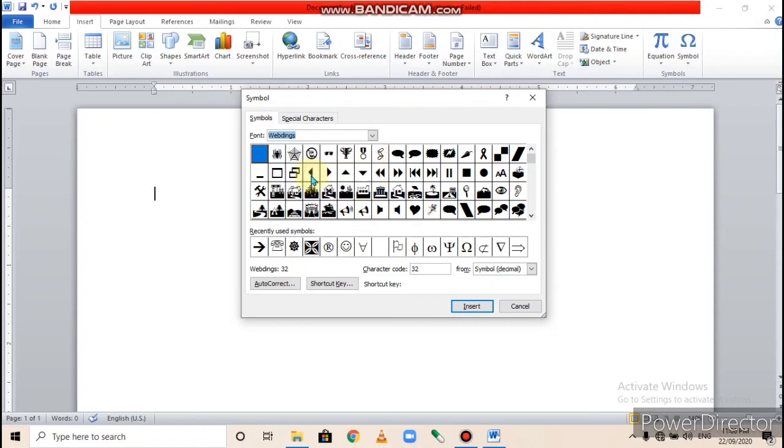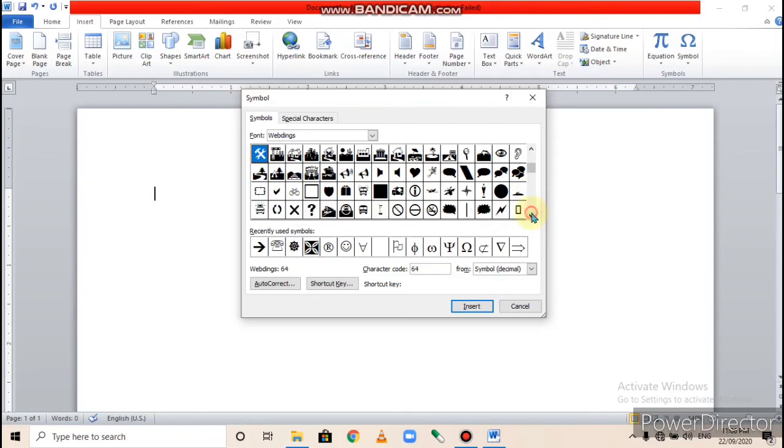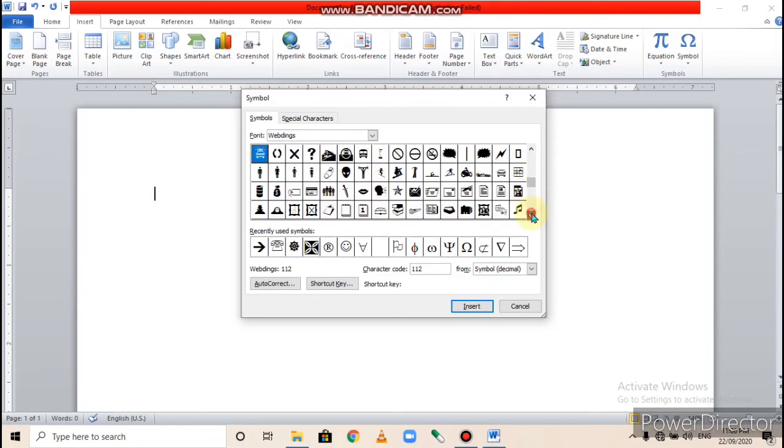Select your symbol and click on the insert option.